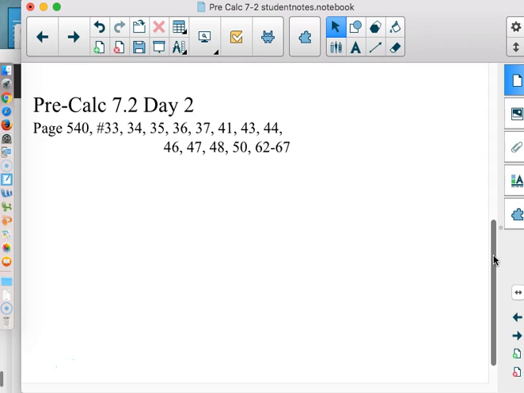We're just going to talk about the properties. Basically, the key of the properties is knowing that matrix multiplication does not work